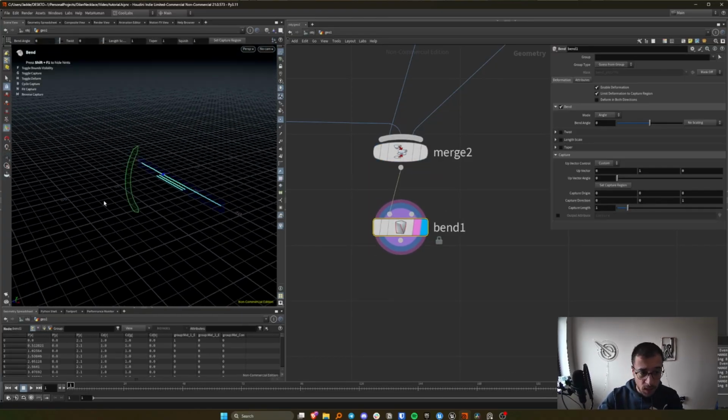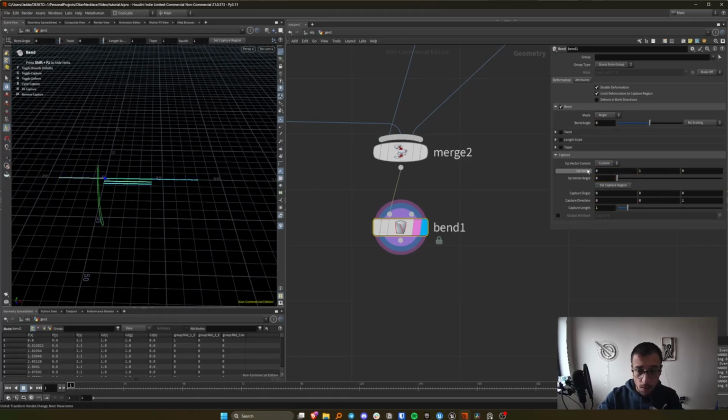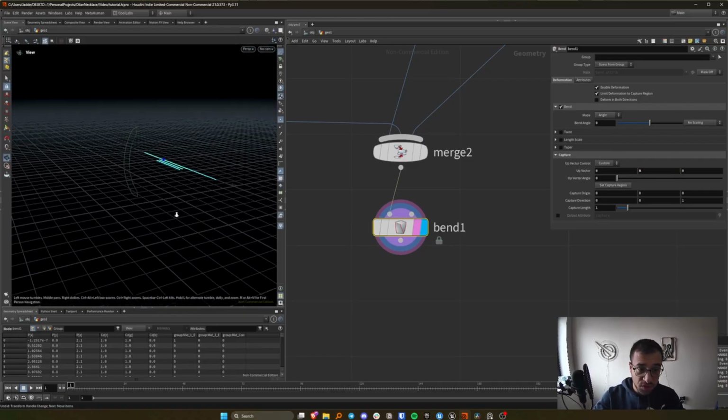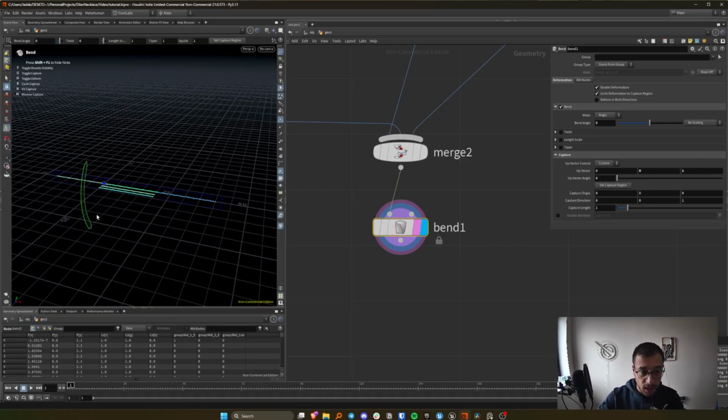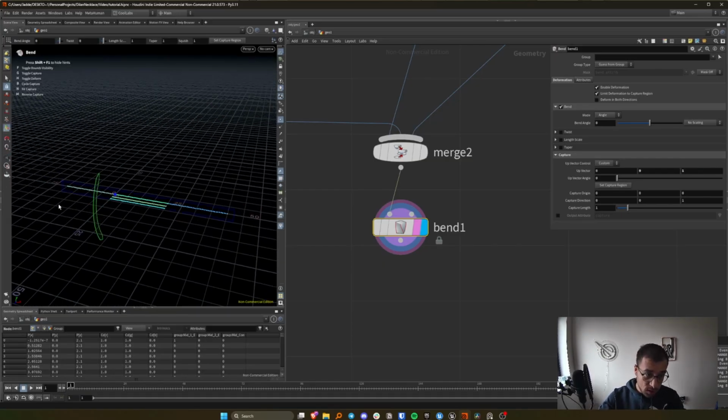And in here, as you can see, it sort of bends the mesh that we're working with. What we're going to do is change our up vector, because you're genuinely saying what is facing upwards, and we want the y-axis to be up. And in which direction do I want to be curving this around? It's not the z-axis, but rather the x-axis as well. And as you can see,